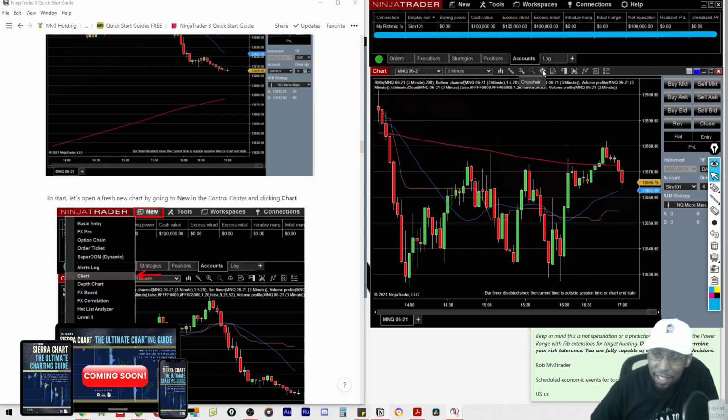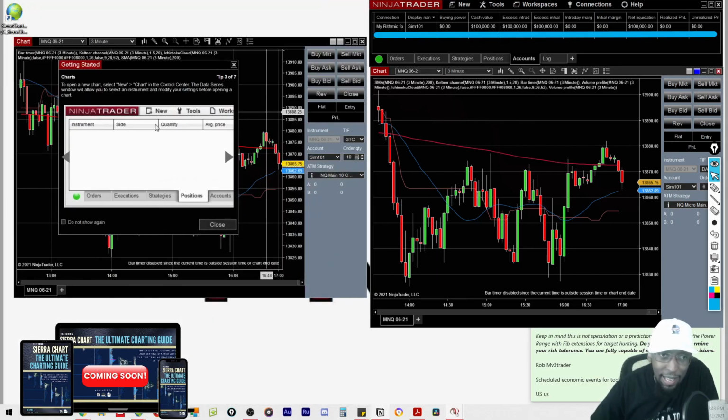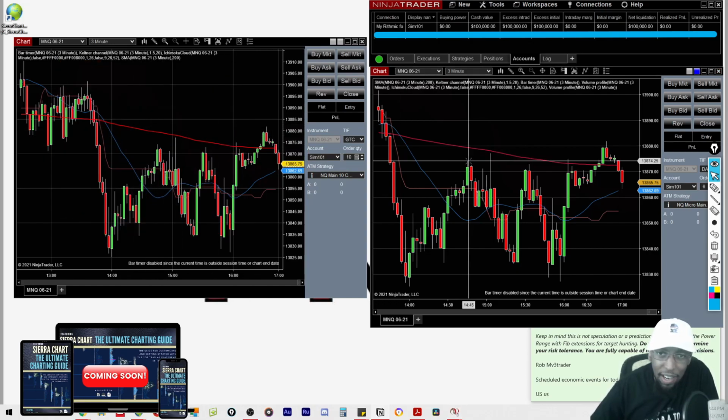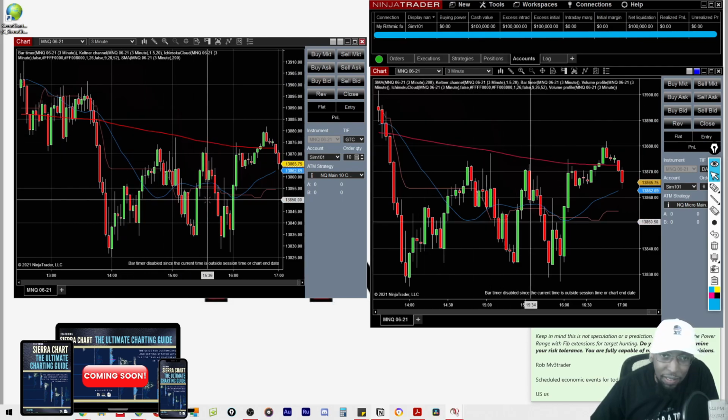And then this is your crosshairs. I like to use the global, no time scroll, so it's throughout the whole thing, just when you have multiple charts. Let's see, I think I've got another chart right here. If I minimize that, oh nope, okay, that's why I couldn't get it. Got to close this window right here. All right, so we're going to use the global time. So now you can see